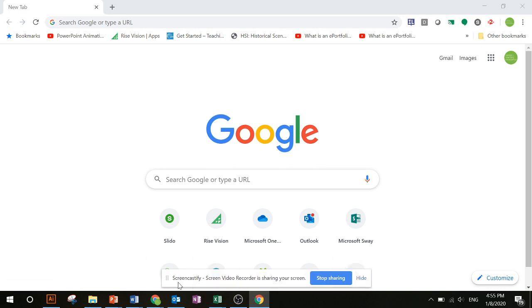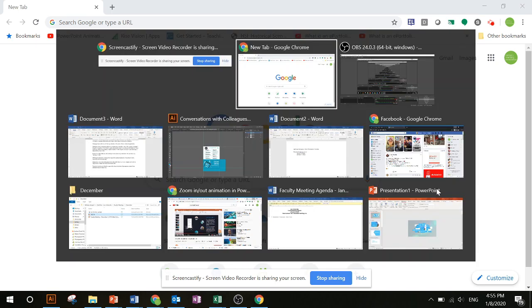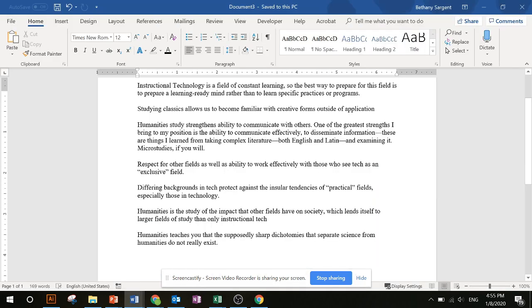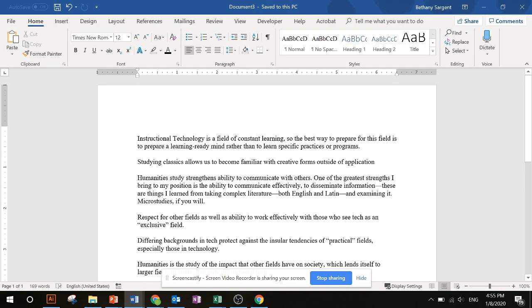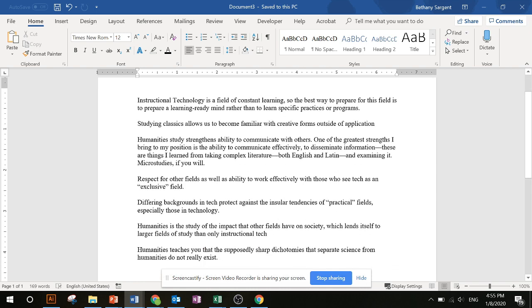As soon as you start recording, you see Screencastify, a screen video recorder, is sharing your screen. And to stop recording, you'll just hit stop sharing. So all of this is being recorded right now. I'm going to tab over to our Word document. So if I'm recording a feedback video for a student, I probably just want to capture this screen, and then